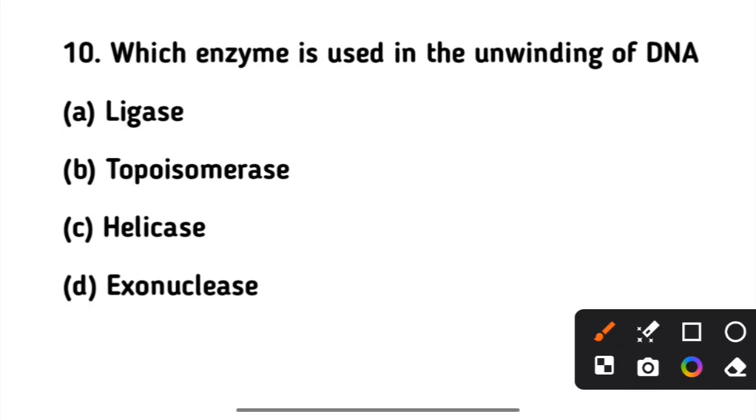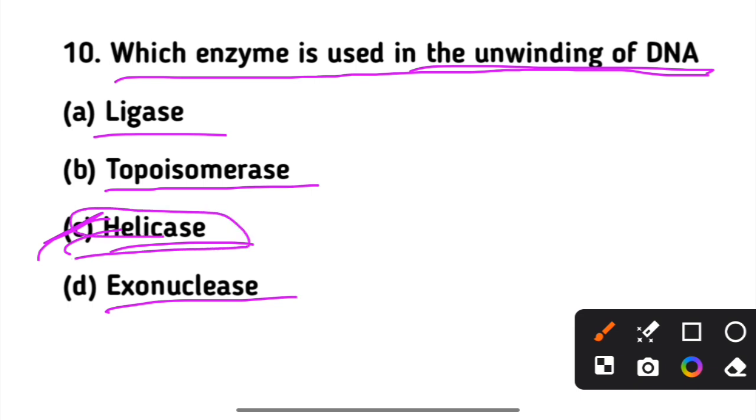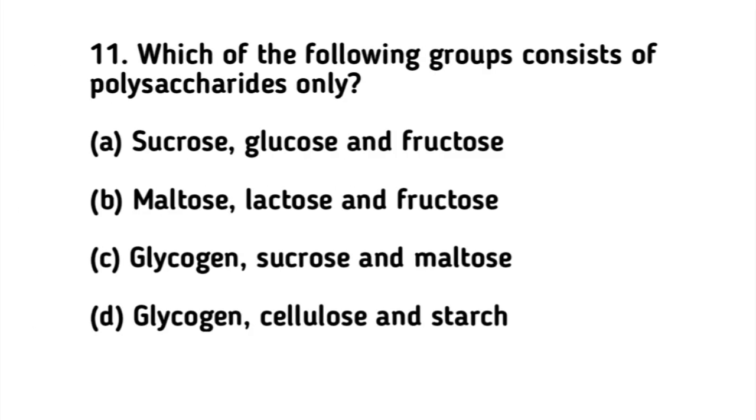Next. Which enzyme is used in the unwinding of DNA? Ligase, topoisomerase, helicase, exonuclease. Option C is correct. Helicase. Which enzyme is used in unwinding of DNA? Option C is correct. Helicase. हेलिकेज जो है डीएनए रेप्लिकेशन के लिए एसेंशियल एंजाइम है। नेक्स्ट,